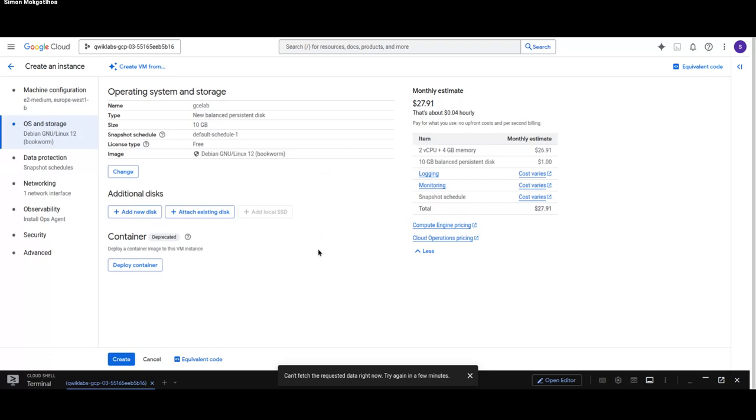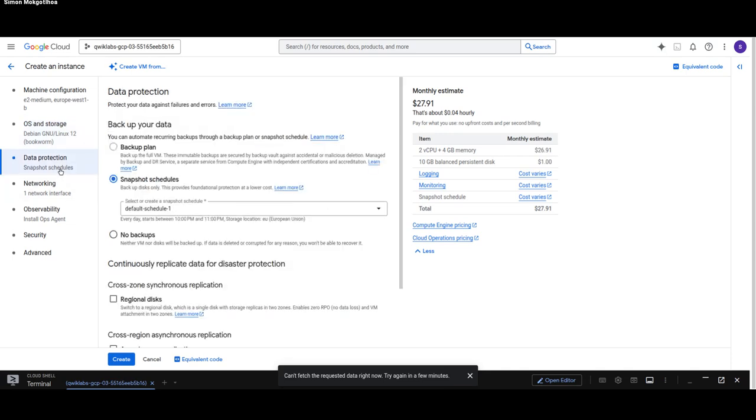Remember, I told you that now that you're using a student account, this lab is essentially free so that you can learn and understand what you're doing. If you look here, everything has been preset for us, from the name to the type. All our pre-checks are in order, basically. I want to just check data protection. Looks like we're good over there.